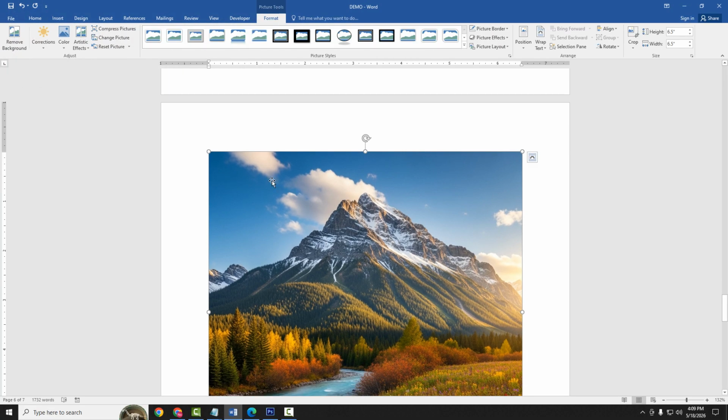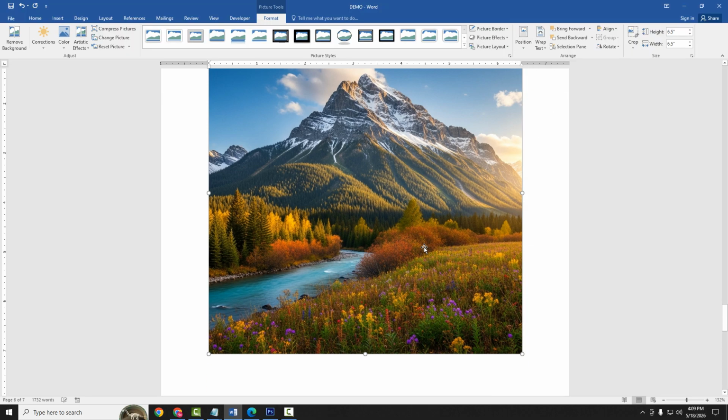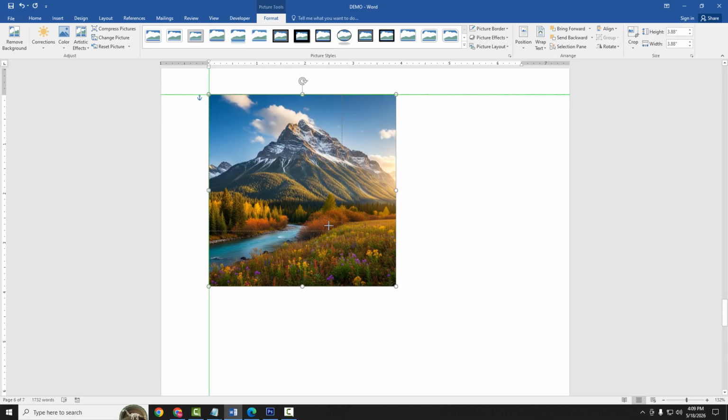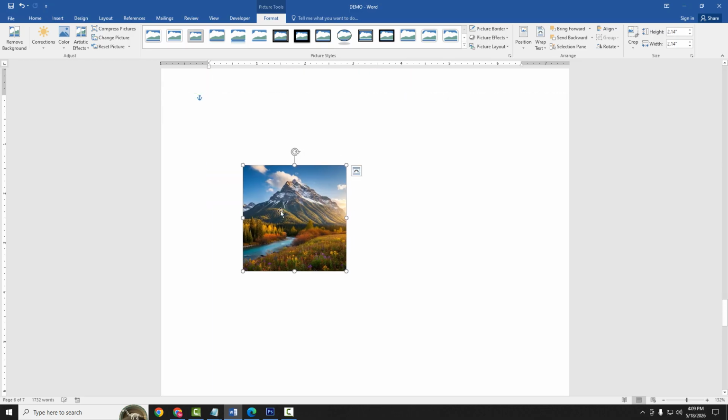At first I select the picture, go to the Format menu and click Wrap Text, and choose In Front of Text, because then I can move the picture anywhere and resize it. Select the picture and move it. Then I go to the Picture Format menu and go to the picture